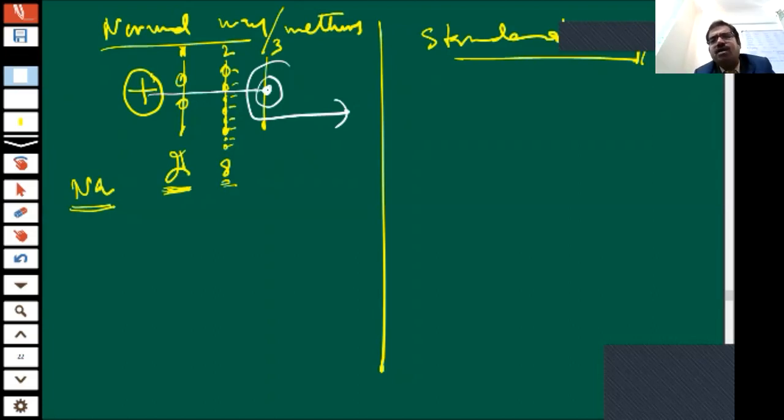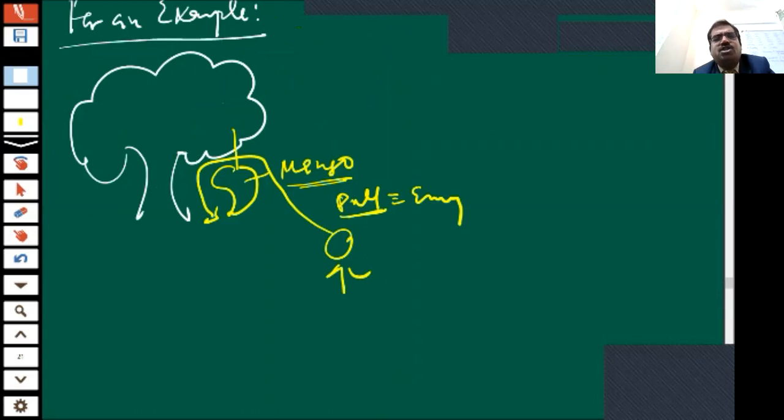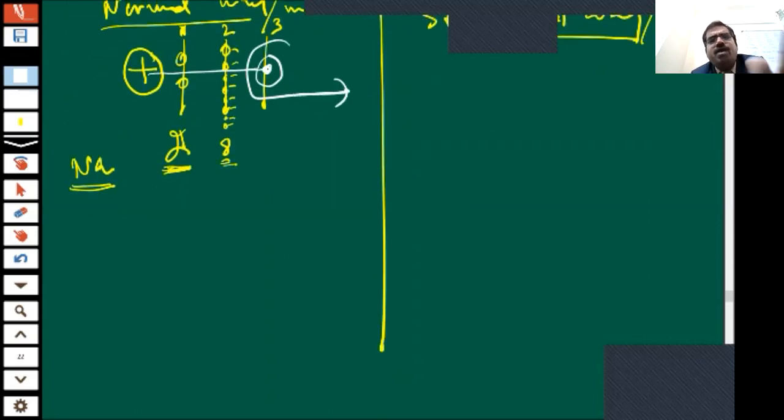Why is this person breaking this mango? He may eat it, he may donate it to somebody else. Whatever he does is a different issue. In the same way, we want to remove this electron. Why we are removing it is a different issue. For chemical reactions, we require removing electrons. From those who have extra electrons, we will remove, and those who want electrons, we will give to them.